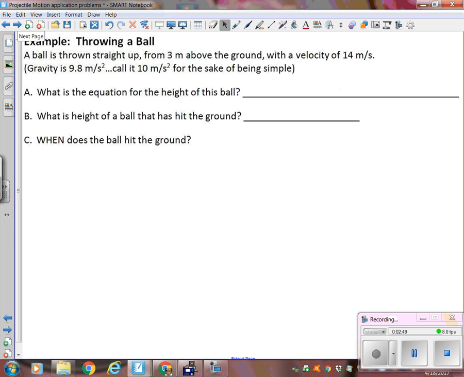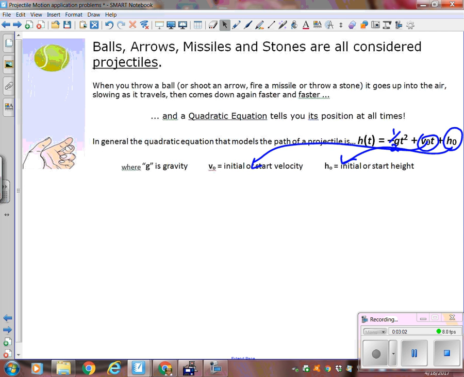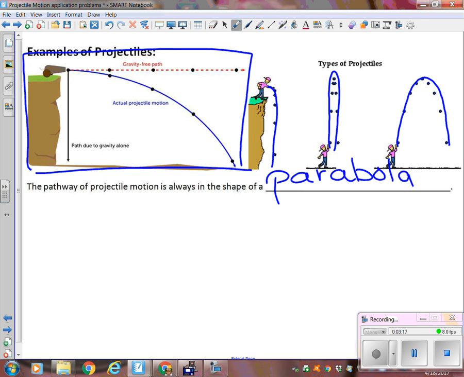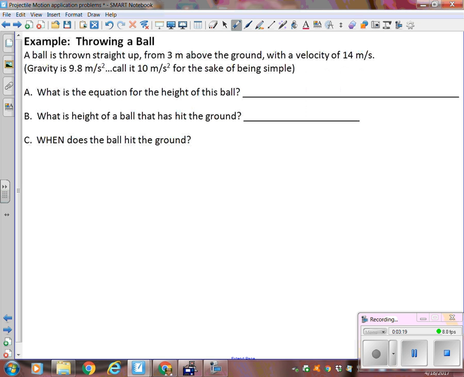Okay, our first example. We need to write the equation. Notice I did not write it for you, but I kind of gave you the blueprint for what it looks like. So go back a couple of slides, and at the top of your notes, here is that blueprint I was talking about. So my equation tells me the height at any time. That's why it says h of t, the height at any time. So all I have to do is try to find the time across through here. So h of t,